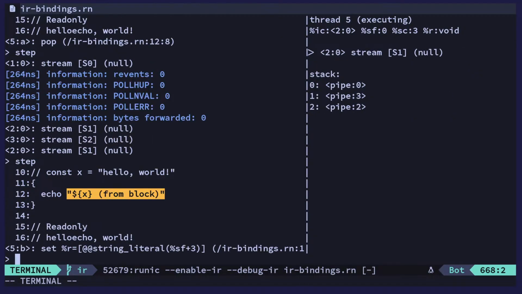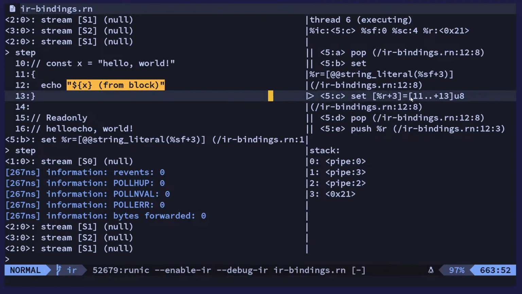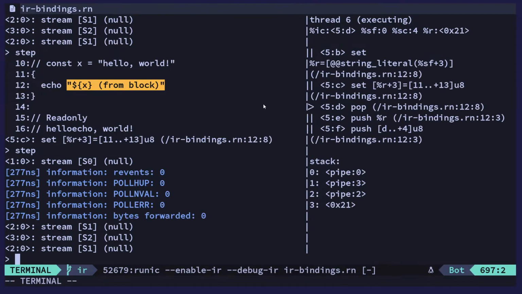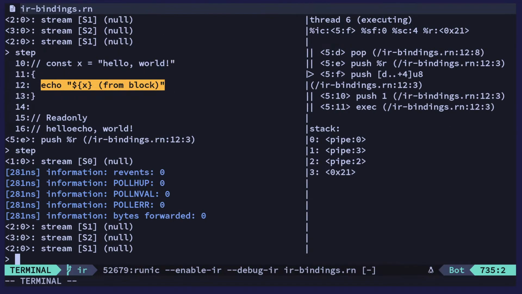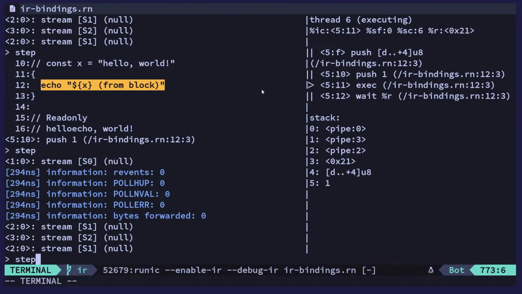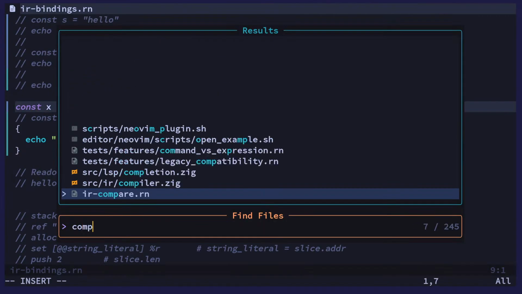And then, of course, we get the from block string over here. That gets popped. We push our... Right, so that's the argument, the string argument. Now we're pushing the echo string and the argument length, and then we execute that. And now this should go into a circle dependency. So what is happening is that when we compile the string, oops,